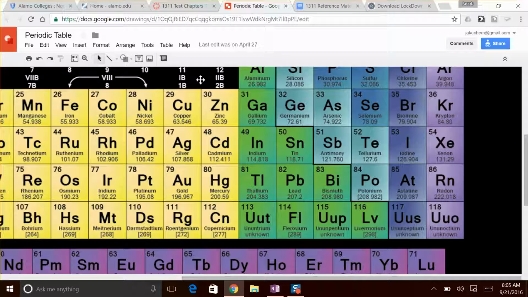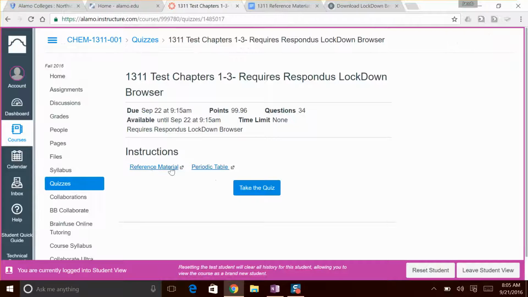So no, I'm not going to allow you guys to bring in your own things. But these will be available to you on the test. You'll be able to access them. If you're using a PC, then it'll just simply be another tab. You just click on the tab. From the tab you're using for the test, click on the other tab, that's your reference materials, and you'll have